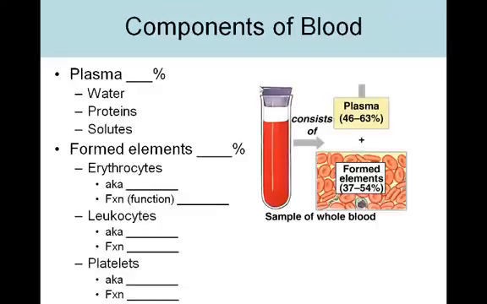Now we're going to talk about the different components of blood. What do we find in blood? So here you can see we have a tube of blood. And there are 2 major components to blood: blood plasma and then the formed elements of blood. Roughly about 55% of your blood will be plasma, which is mostly water. And then the remaining 45% will be the formed elements. Formed elements is just a fancy name for cells. They call the cells of blood formed elements.